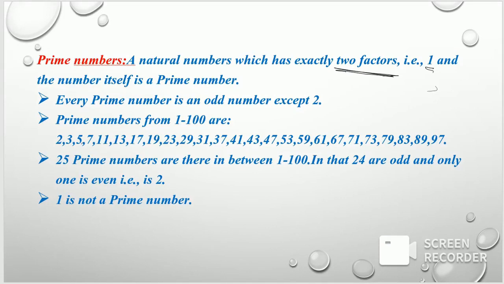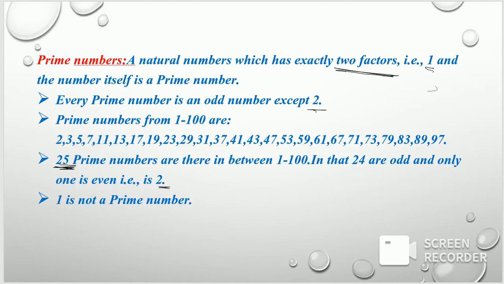31, 37, 41, 43, 47, 53, 59, 61, 67, 71, 73, 79, 83, 89, 97. There are 25 prime numbers between 1 and 100. Among these 25 prime numbers, all are odd except 2. That means 24 are odd prime numbers, and only 1 is an even prime number, that is